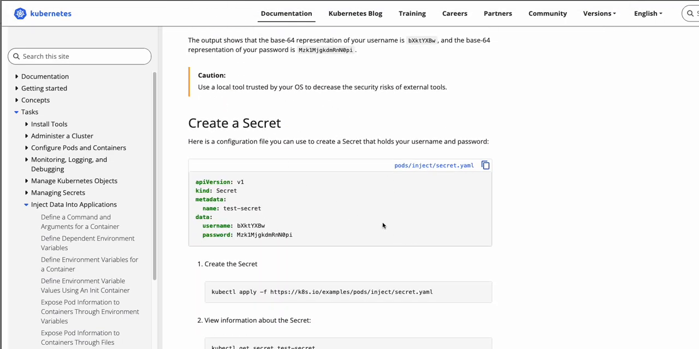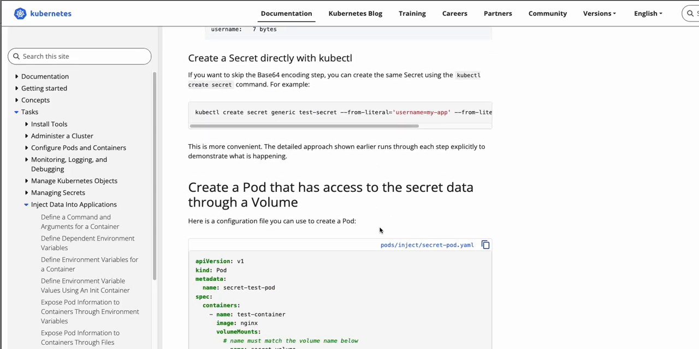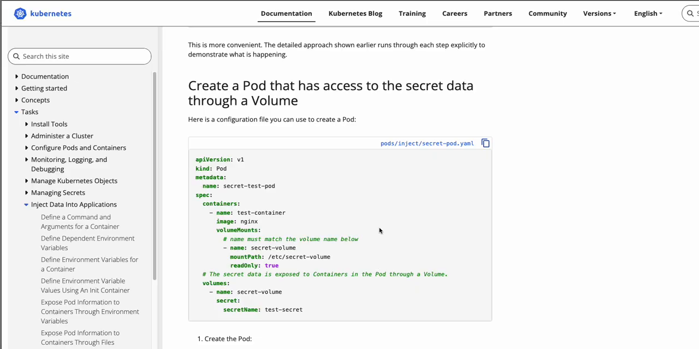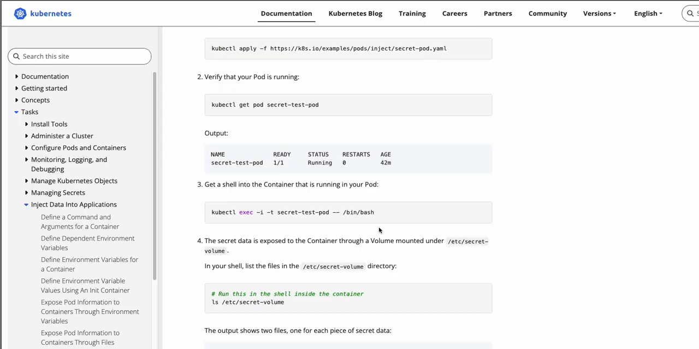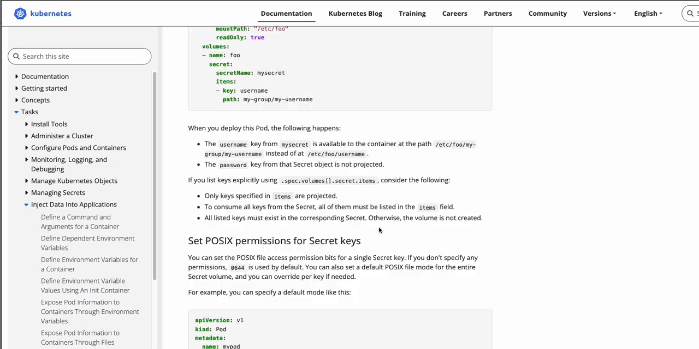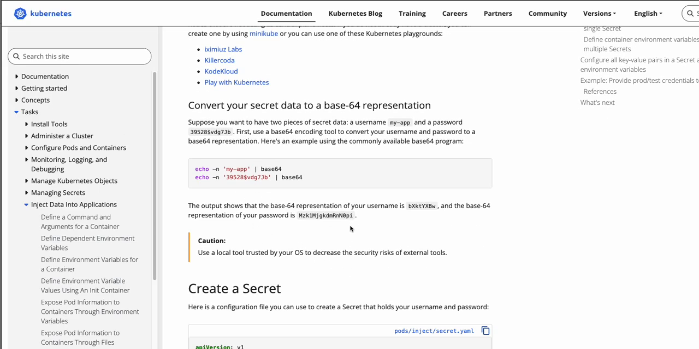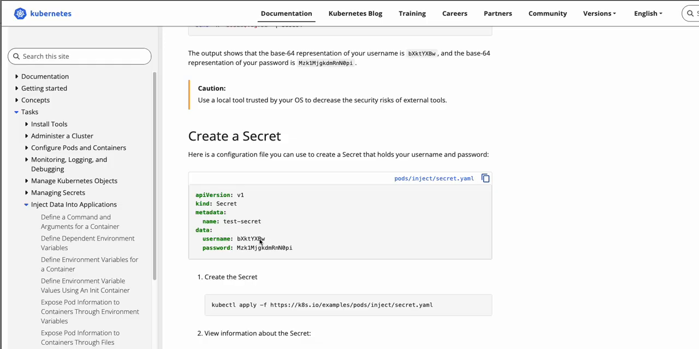So I wanted to show you this link because this is exactly what we wanted with our example. If you see here, you have to encode your secret as base64. You have to convert that data to a base64 representation: echo -n, pipe, and base64, and you'll get a value, and use that value as your key and the value. Now as you can see, it took me 3 to 4 searches,